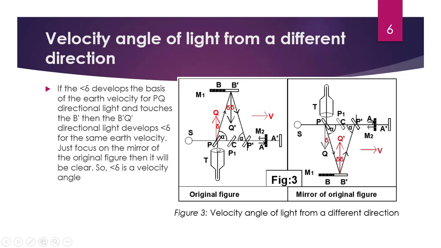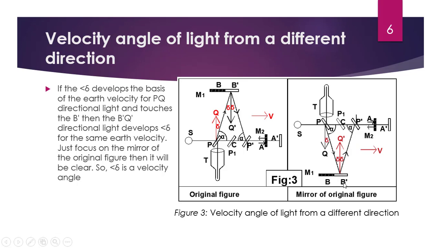If we put down the light at P to Q dash, then for the earth velocity, it goes to B dash. And we just mirror it, and we put down another light from B dash to Q dash, where the P to Q dash light passes through the same point B dash. If you put down the light in the opposite direction, then it passes P dash. If we read the light more clearly, it's the same thing. The velocity will remain the same, everything will remain the same. Just mirror it, then you understand.